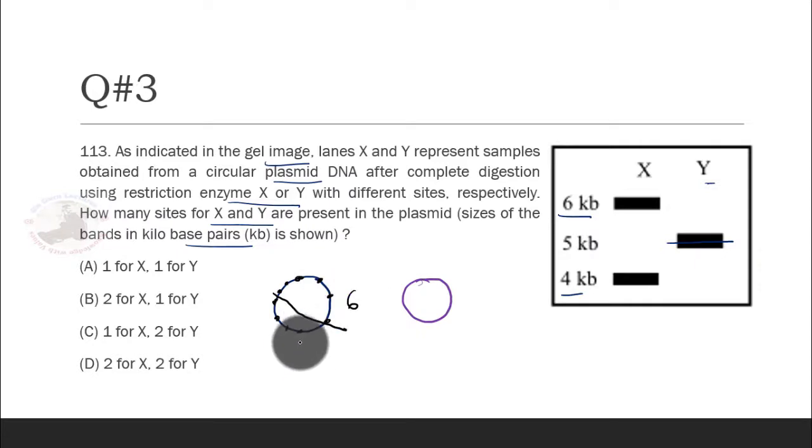6 cut up here and 4 cuts. That means there are 2 for X region. Now let us do the same for